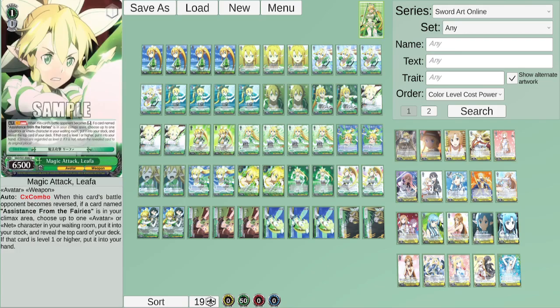Climax combo. Now we're really talking about the deck here. Now it's a real Weiss Schwarz deck. I guess you could say it has a climax combo. Okay, so this costs a stock to play. It kind of makes sense once I read out the effect here. It only has one effect. So climax combo. When this card battles opponent becomes reverse, if a card named Assistance from the Fairies,